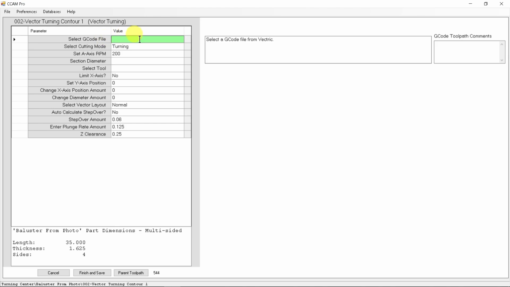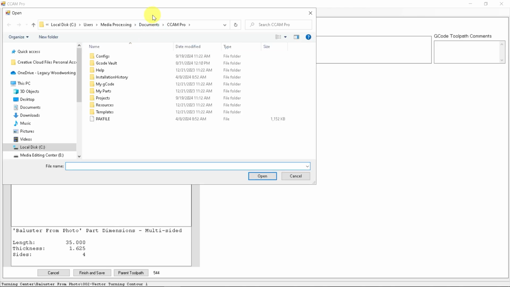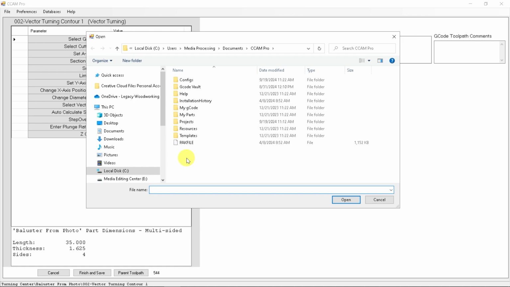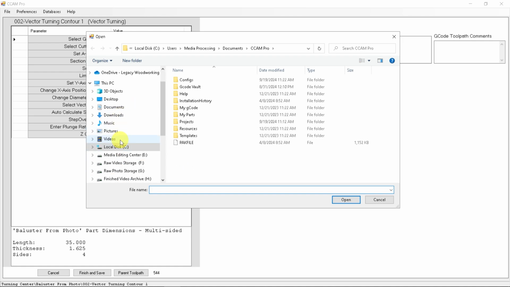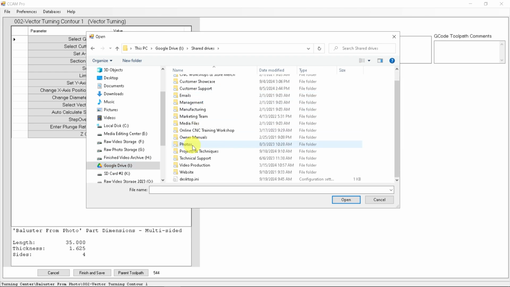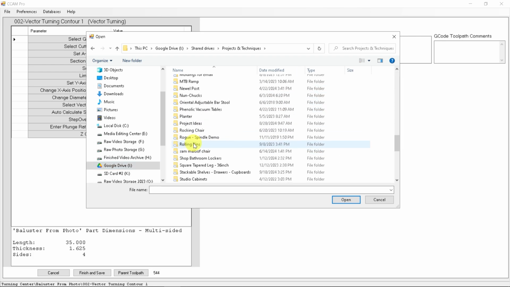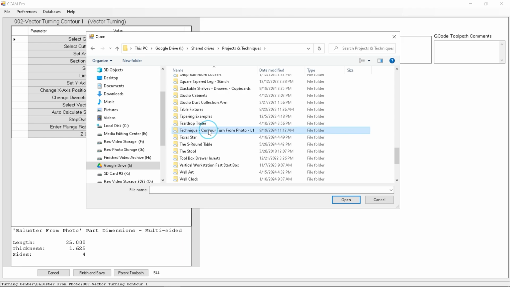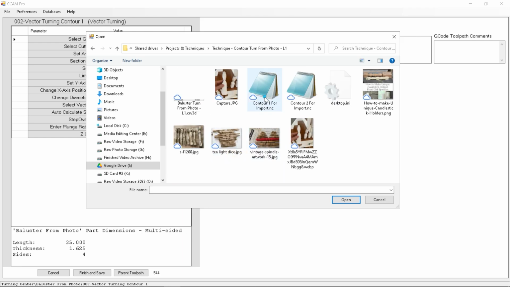Select the G-code file. So if we click on this field, it's going to bring open a search window, and we can go locate where we place these G-codes. So I put them under my project folder here under Techniques, Technique Contour Turned from Photo. And here's our G-code. So I have contour 1 for import G-code, and then there's the second one. So I'm going to use the first one because that's what I'm doing right here, vector turning contour 1. Open,